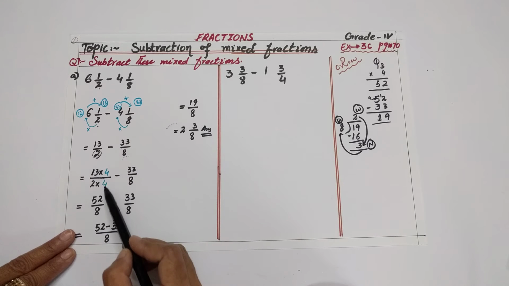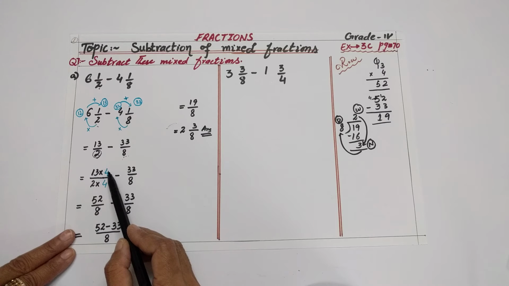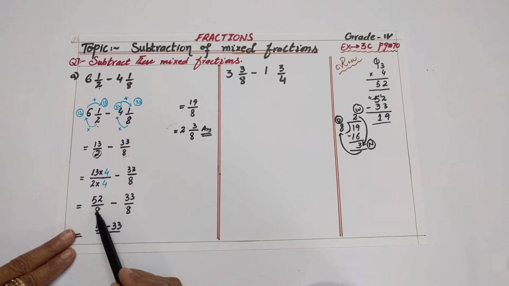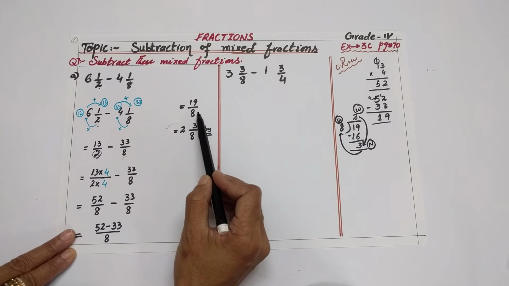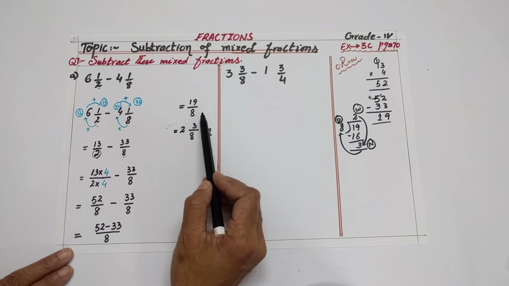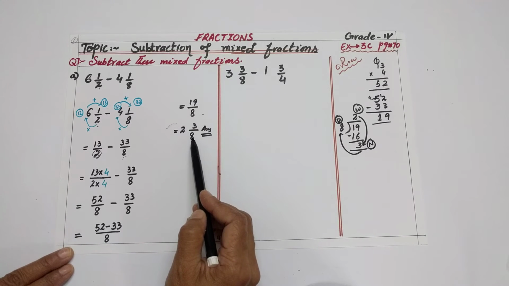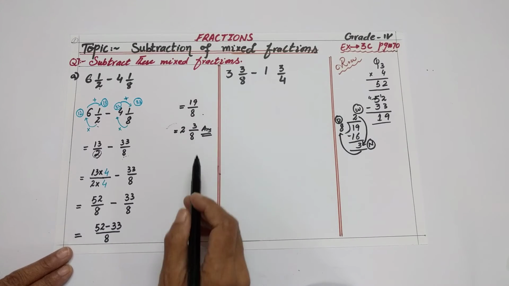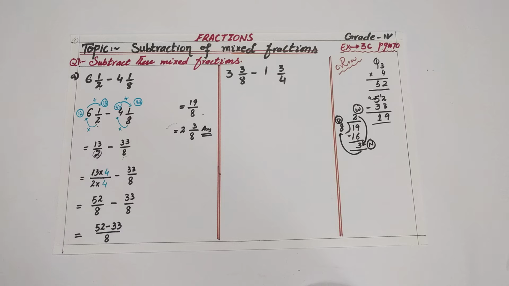If it is a factor, then check the number, and multiply that number by the denominator and by the numerator. After multiplication, you will get fractions with like denominators, and when your denominators are like, you can directly subtract the numerators. After subtraction, you will get your required fraction. But if your fraction is improper, then you will convert it into a mixed fraction by division. Clear? Now I will solve one more example for you.